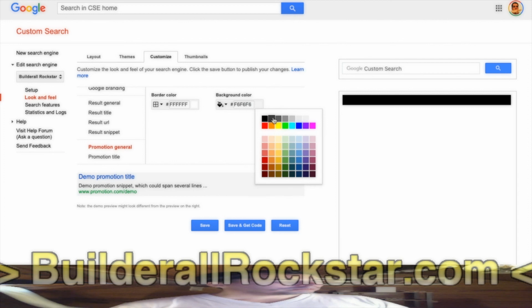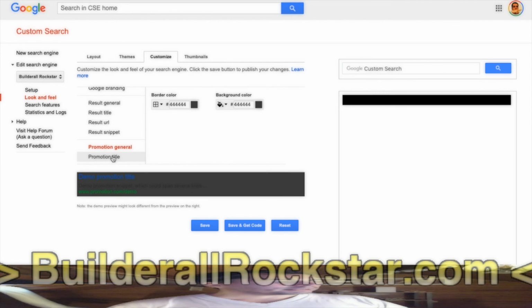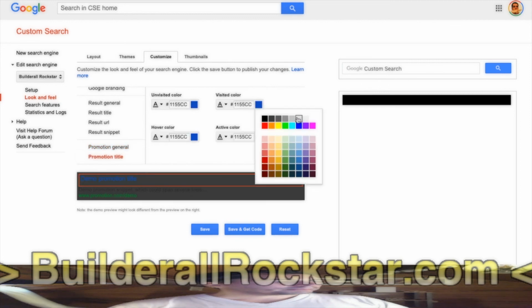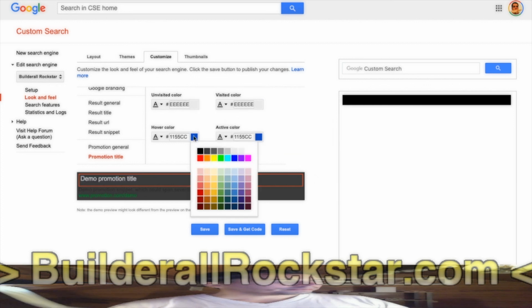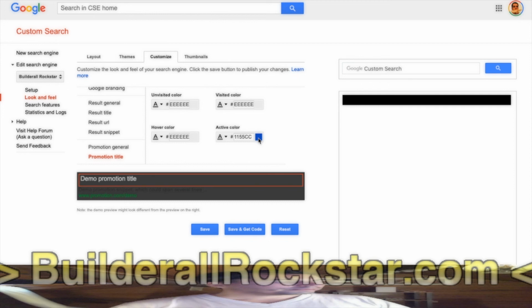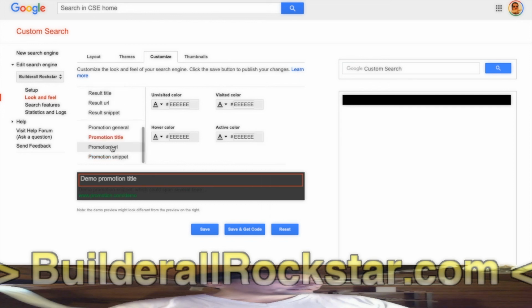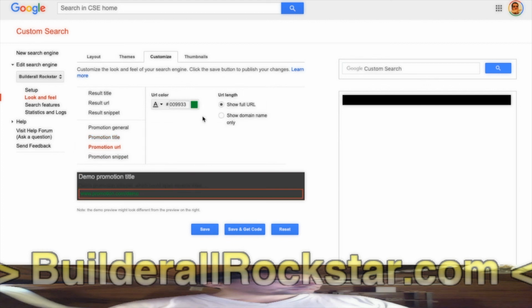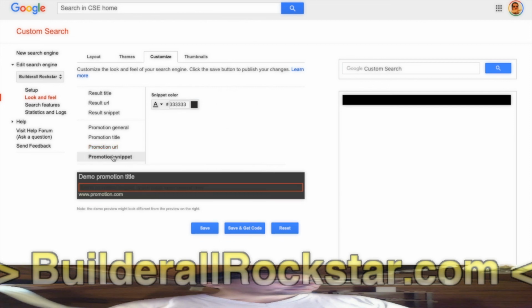This one, border color, this one, title, same, this one. Okay, URL of the ads. A snippet.